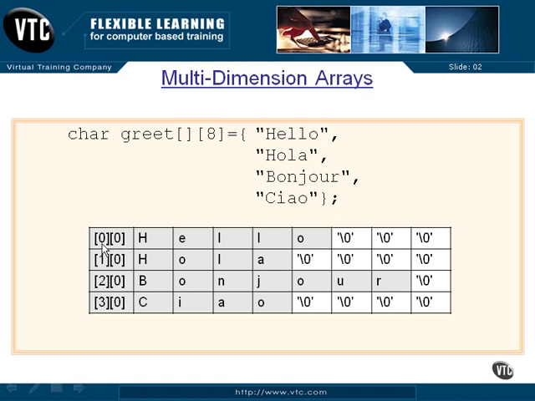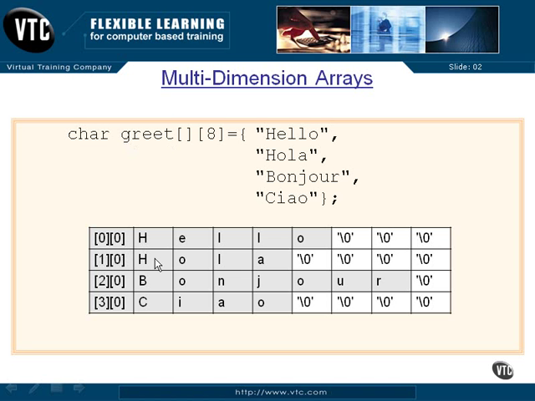So here is greet 0 0, this H, the very first byte of our array. And here's our hello, just like we had before. But these 3 bytes are padded out with nulls because this thing has to be relatively square. We can't have these odd length values because then we couldn't calculate our way through it using the subscripts times the length of this value, which is 8. Yes, which is 8. So we take 1 times 8 plus 0, and add that to the base pointer,